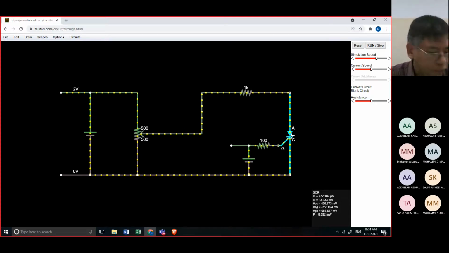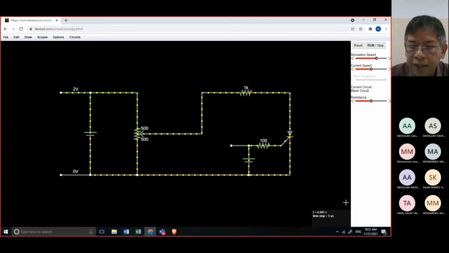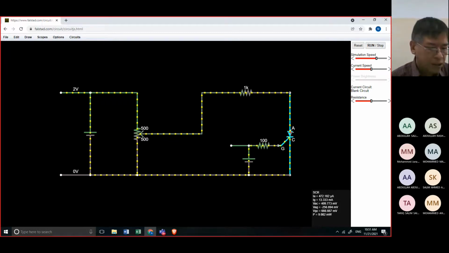It is 409.773 millivolts. So you just follow what is here, so that I will observe also if you perform it individually, because I don't write the answer in the table this time, but you should know what is the correct answer there.